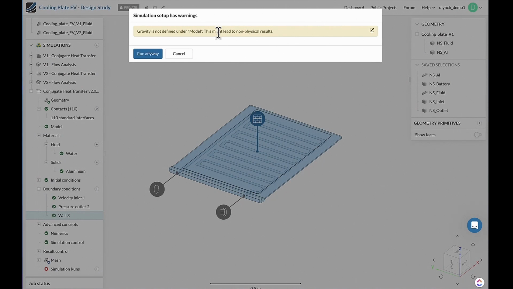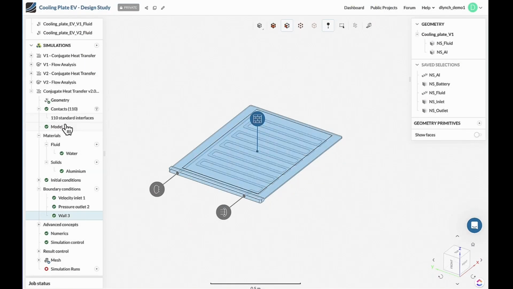And in this case, we can see that there's something that we probably should do, and that is define the gravity direction. Now, in this case, actually, it doesn't matter too much, but we're going to do it anyway because that really is our iterative process. We've set up simulation, we've checked it, we've been given a recommendation, we sort the recommendation, we start the simulation.